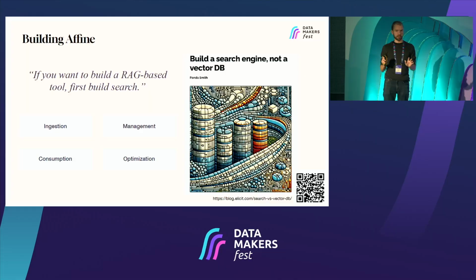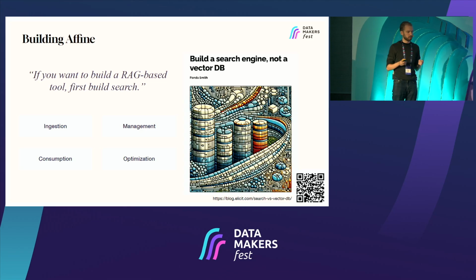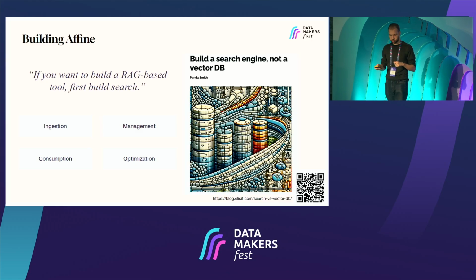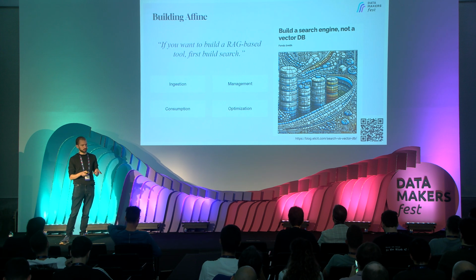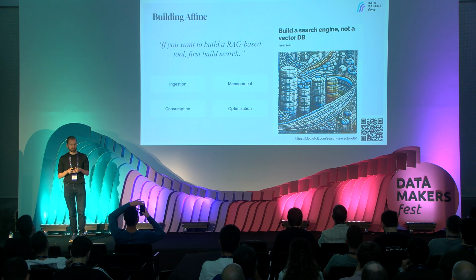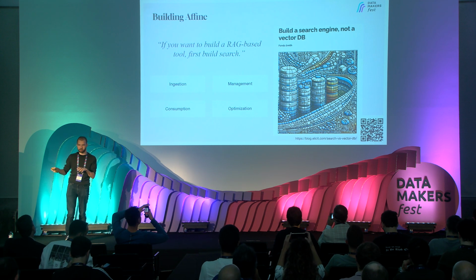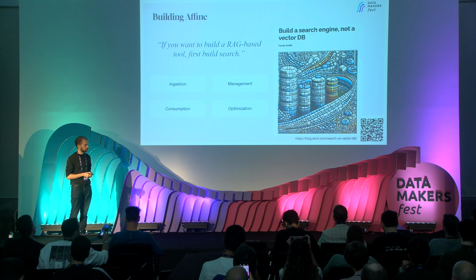Now, some other topics of interest for the legal domain. One thing we realized when we started building this is that when you are building a RAG application, you don't want to optimize only the generation part. One of the most important things to focus on is search, building a great search engine. There's a great article from Elicit, a startup developing an AI research assistant, called "Build a search engine, not a vector database." I invite you all to scan the QR code and read it later.